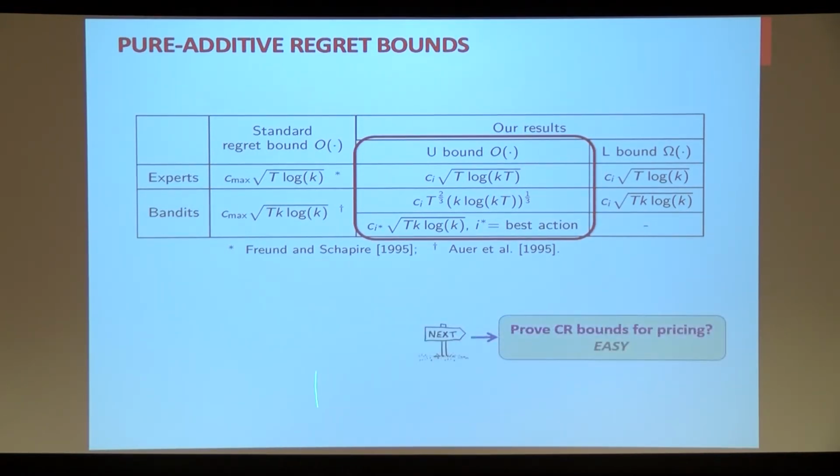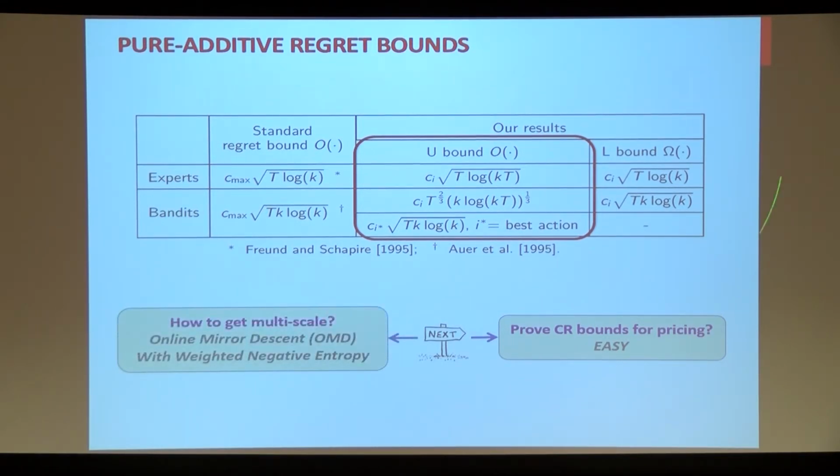Now, I need to show you how we can prove the convergence bounds that I promised by using this new learning framework, which is easy. And second, I have to show you how my algorithm gets these bounds, which I'm not going to prove to you. But I will try to show you the essence of the ideas behind the construction of this algorithm. So here's my algorithm for the full information setting.